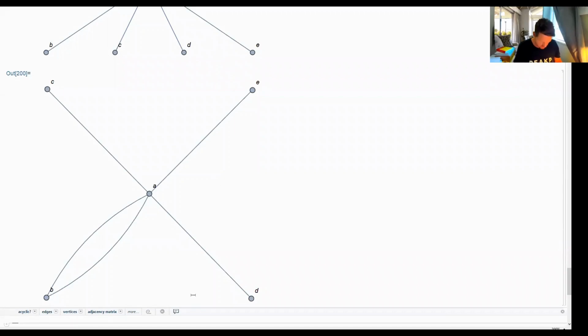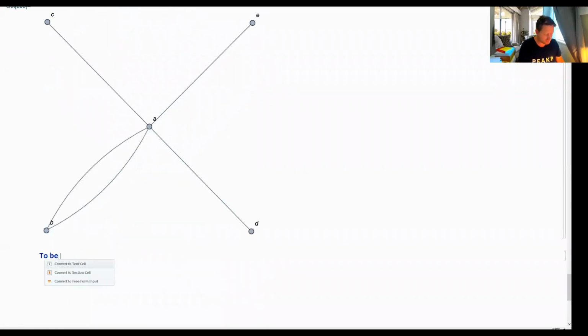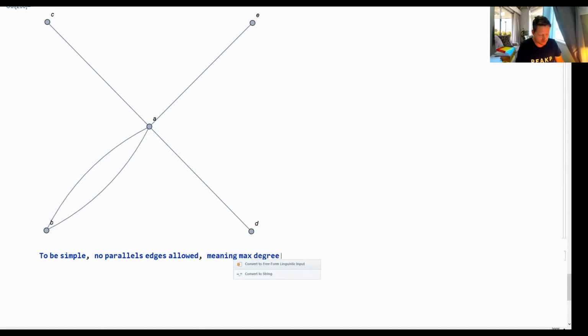And so to be simple, no parallel edges are allowed, meaning max degree should be 4, equal to 5 minus 1. So this one, a simple such graph does not exist. All right, good. So that finishes